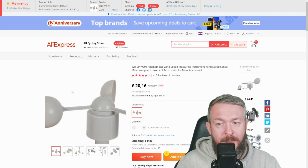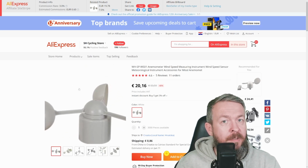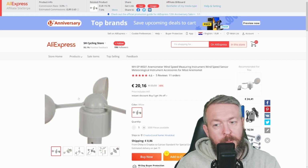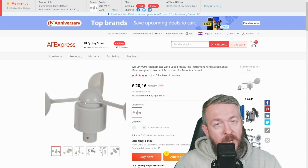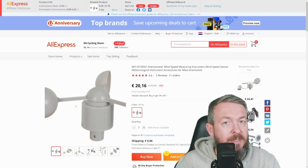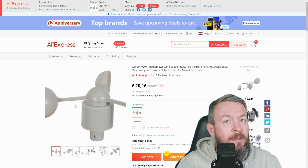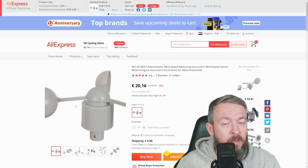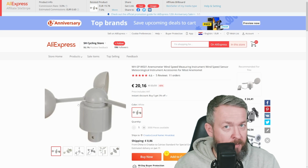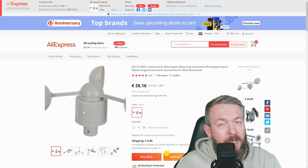This one here is an anemometer, meaning that it is detecting or measuring the speed of wind. And how it works, inside it has a switch, and if in 1 second this spoon makes a full circle, it means that the wind is 2.4 kilometers per hour. So you have to calculate, and I'm currently playing with that in ESPHome to try to detect the wind speed. With deep sleep devices, measuring wind and also measuring rainfall can be a bit of a problem, because